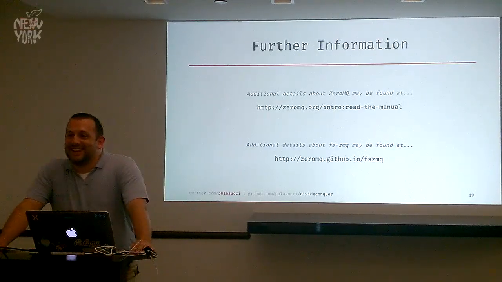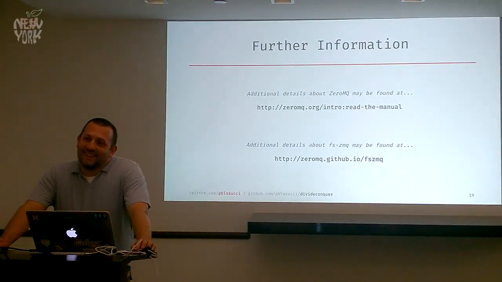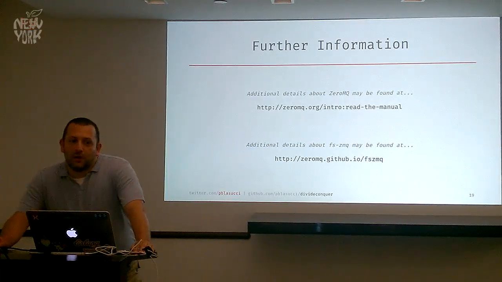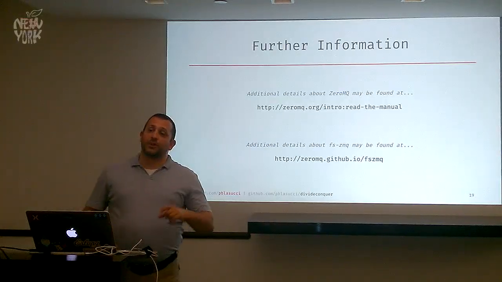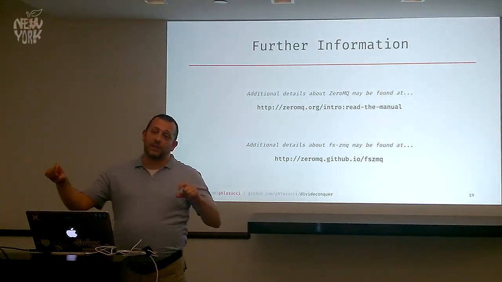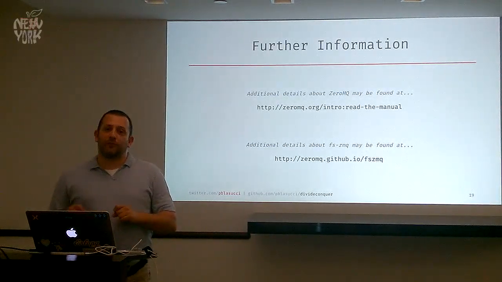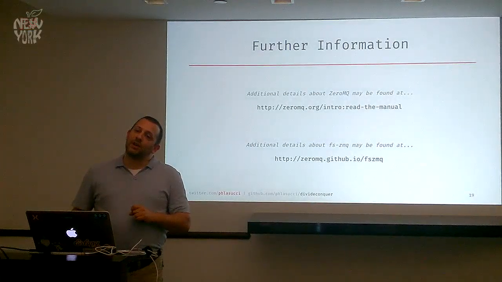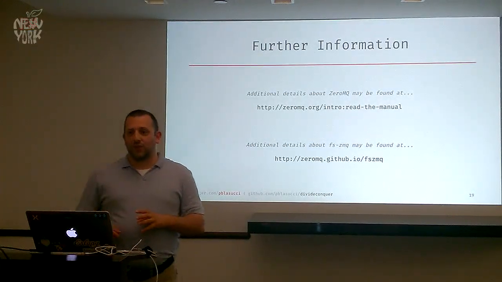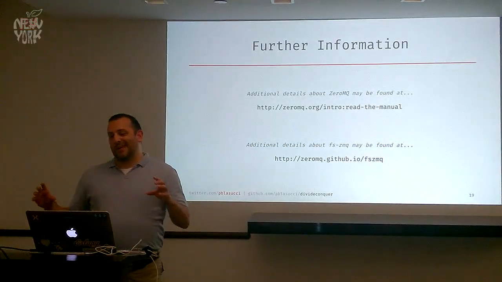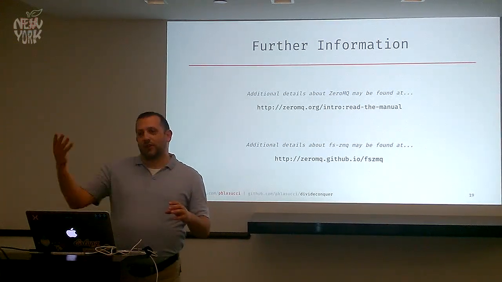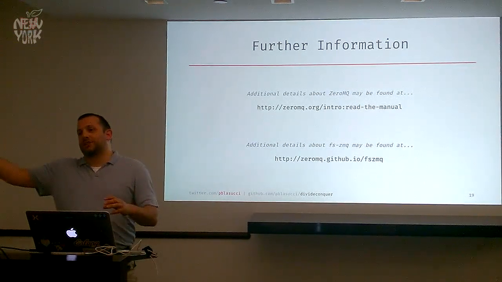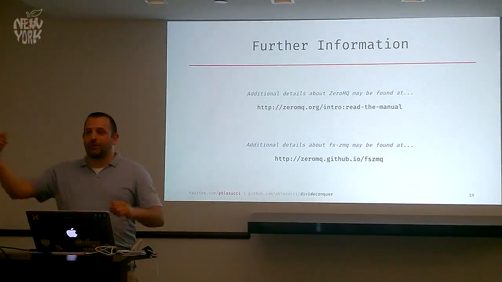And also, I have another question too. You went over some of the major roles, but what are the other ones? Some of the other ones would be pair, which forms an exclusive pair between two sockets. You typically only use that for in-process communication, like diagnostics, or you have a proxy where, in addition to a capture port for capturing messages, you have a control port where you can spin up an in-process pair socket to stop and start it from another thread, that sort of stuff.